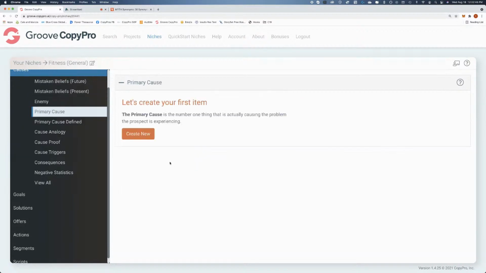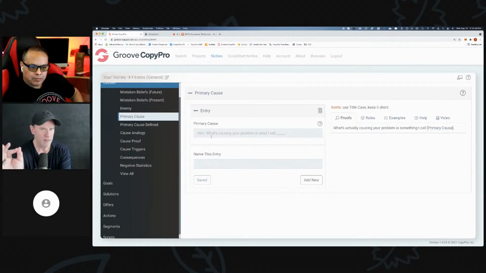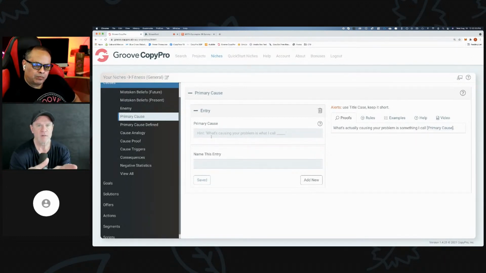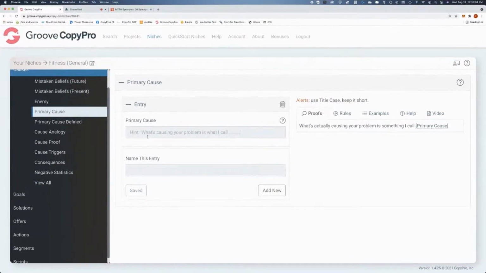Now I'm going to show you another thing that you have to create, and it's one field, but if you create a primary cause and a primary solution, you are 80% further ahead than everyone else in your market and industry, because they're not thinking in terms of unique mechanisms, which is what these are, and unique causes. So this is a little bit of a copy lesson. It's not in the quick start. It's not in the stuff that you were going to do. I'm just going to give you some extra credit.